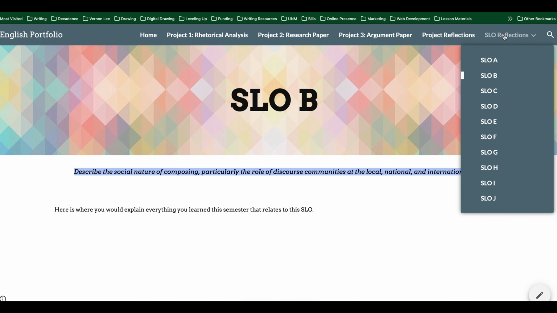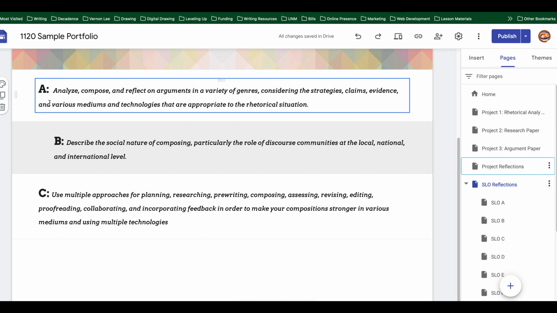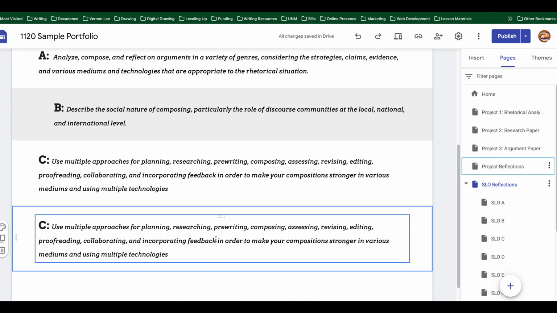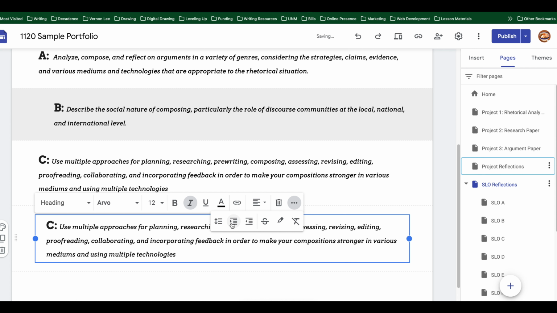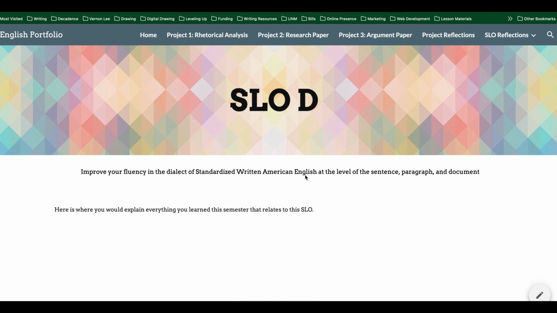I'm going to go ahead and demonstrate on this page. Because this, I think, is a nice look, all you do is duplicate it, and then if you come over here and click on it, it'll give you these dots here, and you do the decrease or increase of the indentation here. So I'm going to go ahead and change this to D. I'm going to head over to reflection D. I'm going to copy the text,